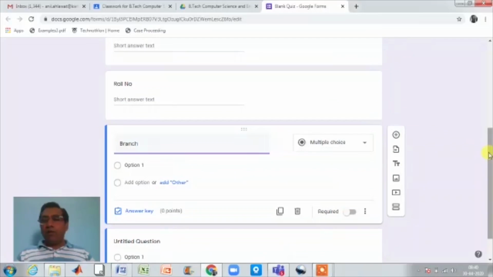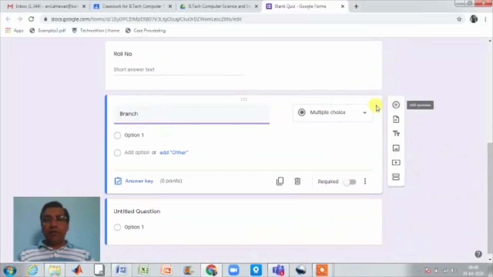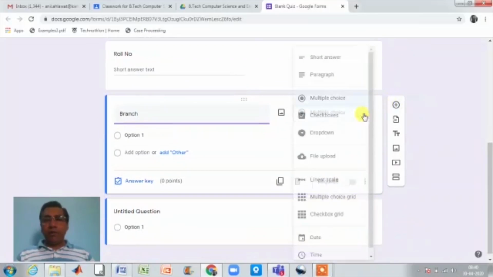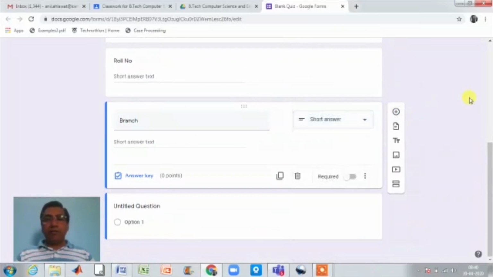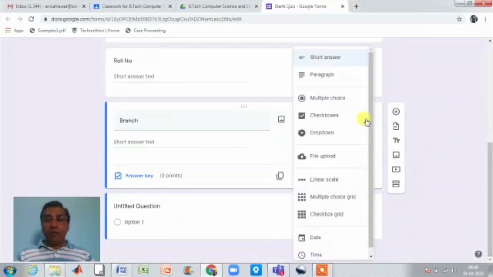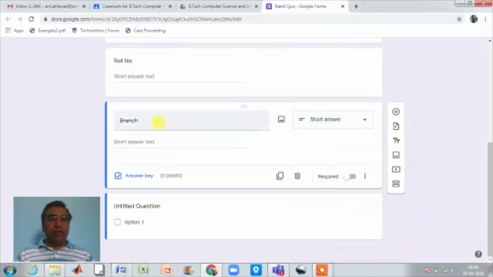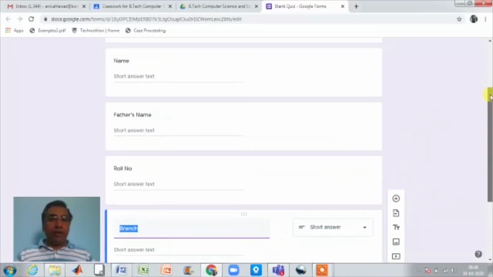So after adding these questions, make the branch a multiple choice, or you may give here all the branches if it is set by the COE. But if it is set by our faculty member, then just make it short answer as branch, because students will write the branch here as well, because all this information is mandatory.